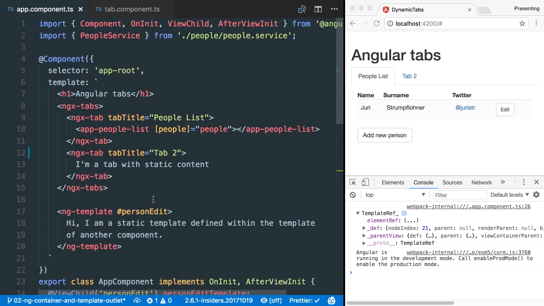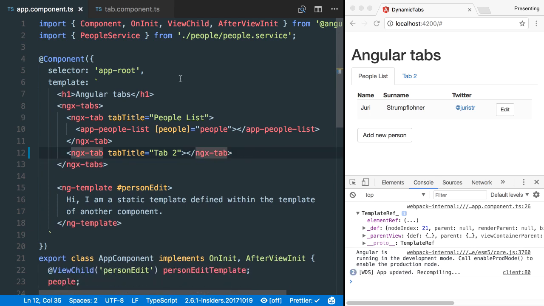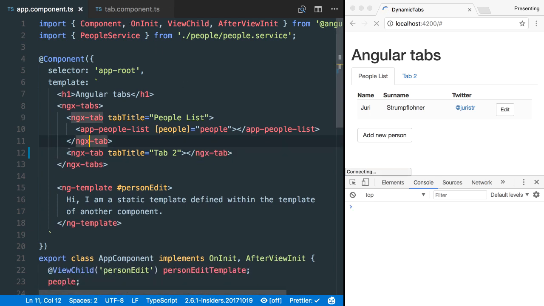What we really want to arrive at is to take this one and pass it ahead to another component, which then uses it. So imagine we want to extend our ngx-tab here, so that it doesn't render the static content which we provide here via the content projection mechanism, but rather we want it to render our template which we pass in. So let's take this out for a second here, jump into our tab component, which is responsible for rendering this